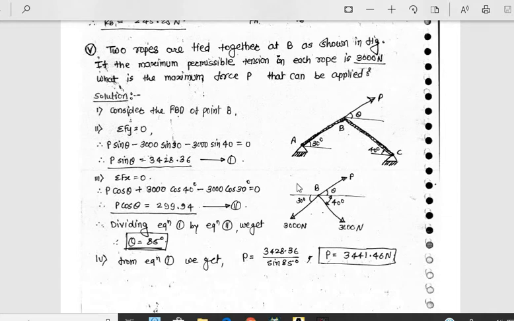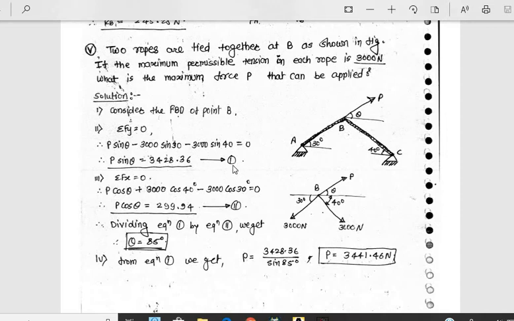So we go to the second option, the resolution concept. We resolve these forces: P cos theta, P sin theta; 3000 cos 40, 3000 sin 40; 3000 cos 30, 3000 sin 30. Now apply summation Fy equal to 0. First, P sin theta is vertical, so P sin theta minus 3000 sin 30, since this component is downward, and again downward, minus 3000 sin 40 is equal to 0. Therefore P sin theta is equal to